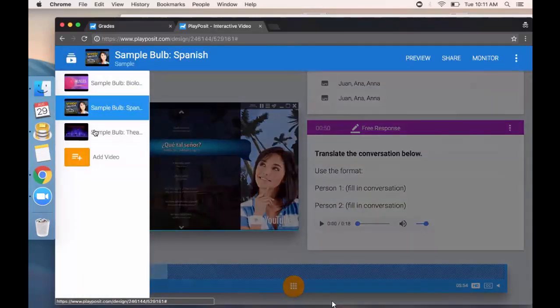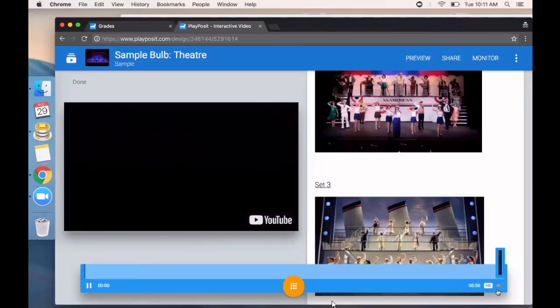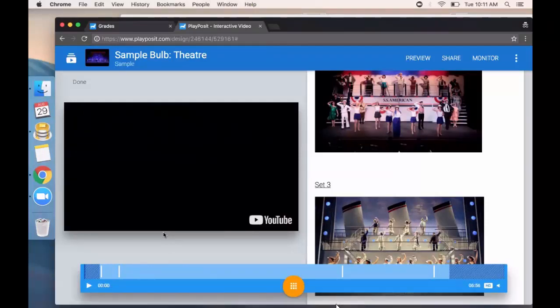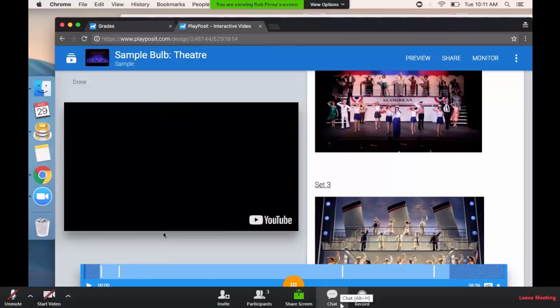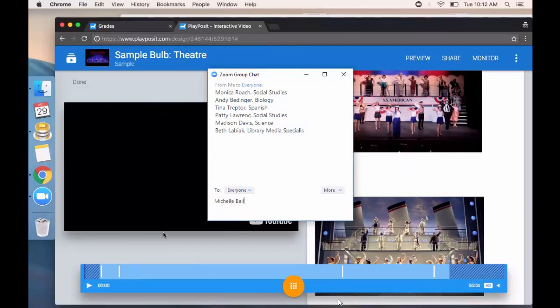And the last thing I want to go over is a sample feeder bulb. And sorry, also, we use the term bulb. I always forget to start off with this. We use the term bulb a lot in our vernacular. It's just our terminology for a video lesson. We use multiple videos for a bulb, so we have to kind of distinguish between the two terms. So a bulb is just a completed PlayPosit lesson. I'll use that term pretty frequently. Sometimes I might slip and say video lesson, but they're both the same